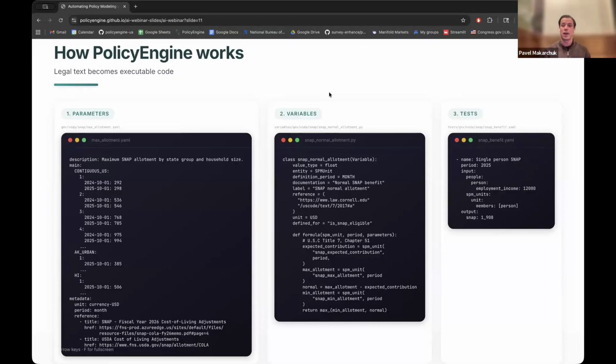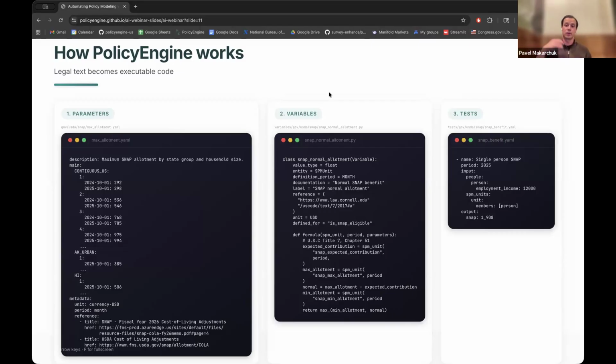Then we go to the variable code, and this is where all of the actual Python code is housed. We translate the legal code line by line into this Python structure. So it's a mathematical representation of the legal code structure. It has access to the parameters, so all of the numeric values and dollar values are embedded within the Python code. It also has some metadata around it, such as labeling, documentation, the period, as well as the reference that we use to construct the specific variable, and what it actually represents in the whole ecosystem.